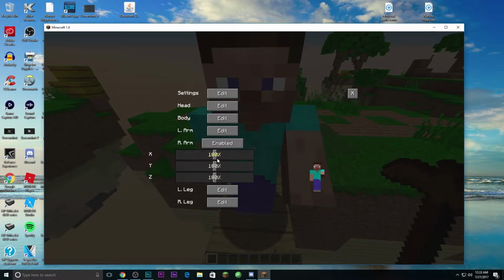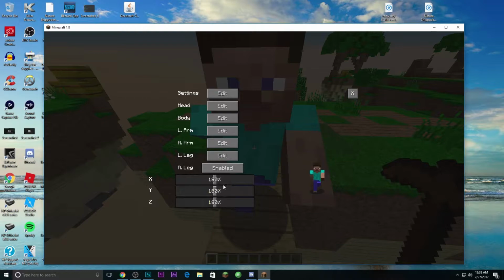You guys can pause the video and copy it. Now for the right arm, we're gonna set it in the opposite direction, and like that. And I'll probably adjust it later before we move on. Now for the left leg, so it obviously needs to correspond with the opposite arm. And now for the right leg,